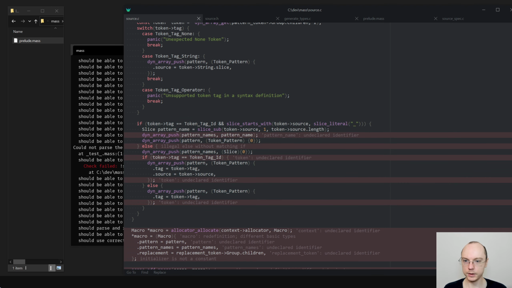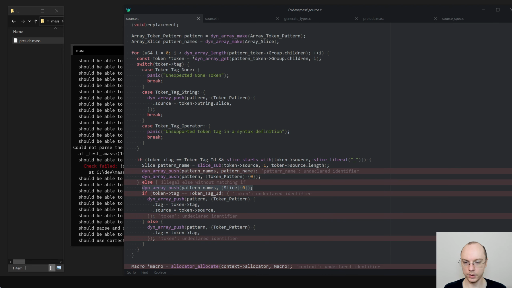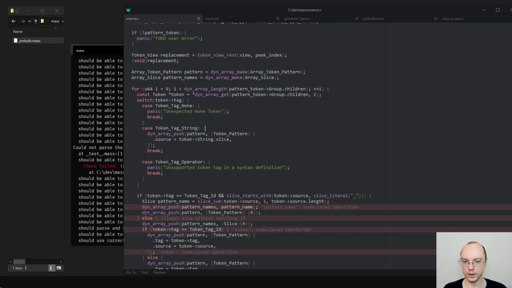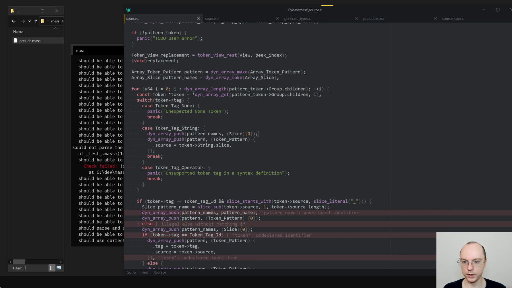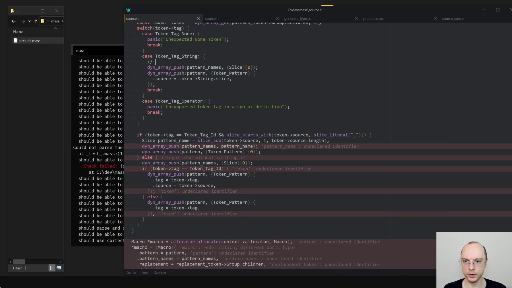That looks fine. We have pattern names and we have pattern. Okay. Yeah, this is not going to be very nice to work with, but we will fix it later. Fix me. Maybe combine pattern with the name.